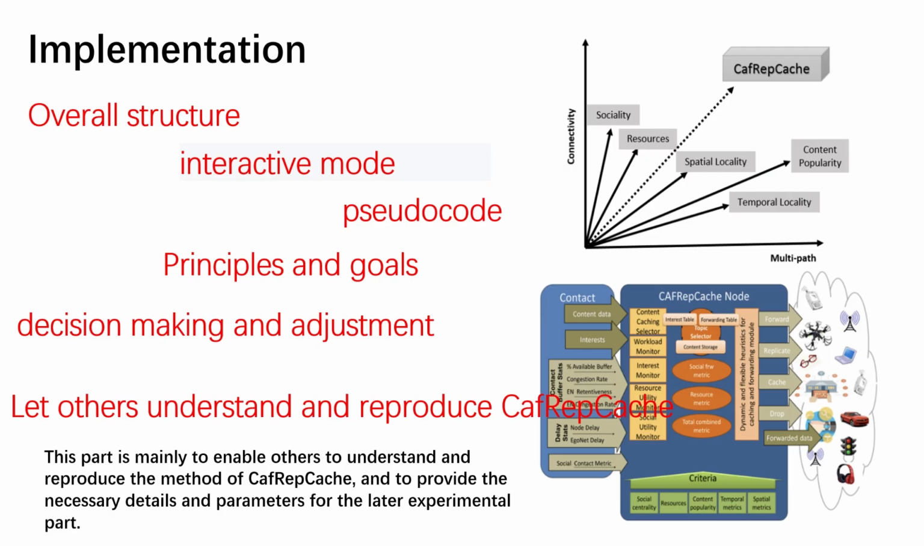How do they implement it? They first give the overall architecture of CAF RepCache, including the different layers and components, and how they interact with each other. Then they give the pseudocode of CAF RepCache, i.e. they describe the specific steps and logic of CAF RepCache in a programming language-like way. They also explain the rationale and goals behind each step and logic, and how they make different decisions and adjustments